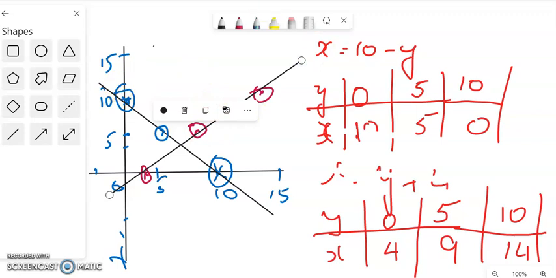Now whatever you find here, the point of intersection, this will give you the values of x and y. Please use proper graph sheet, or use the scale to take the reading, then definitely your answer will be right. If you are using 1 centimeter or 2 centimeters as 5, here you see it is not exact. That is why you may not be able to see the correct reading. So here the answer we will get approximately will be